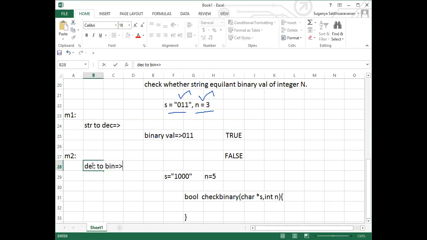Right now, if you take a binary value for the number, we'll be getting it as an integer, right? Then convert any one of the elements to string type or string to integer, then check for the equality. For example, if you're giving 10, you'll be getting 1010. Then try to convert your string to integer, then check for equality.